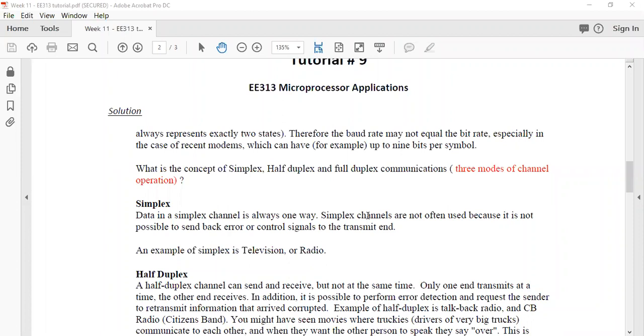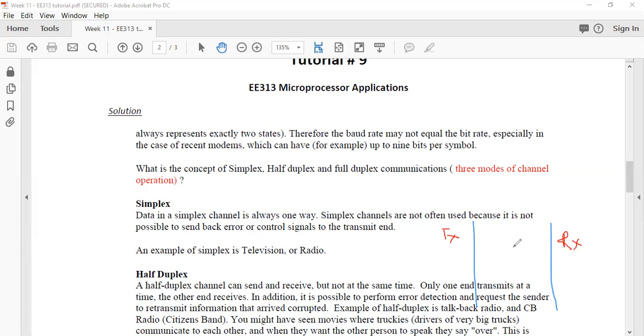Simplex is basically the signal is being transmitted one way, right? It is just basically a one-way traffic. So let's say we have a transmitting end, we have a receiving end, right? These blue lines are transmitting and receiving end. And what happens is that we are sending out signal, right? Let's say this is my transmitting end, TX. This is my receiving end,